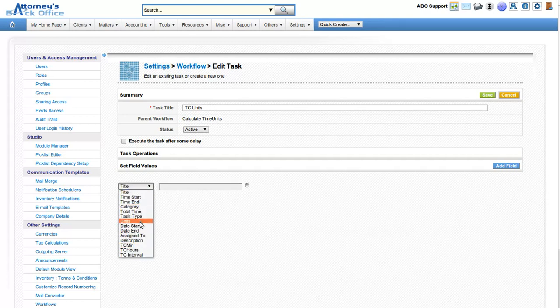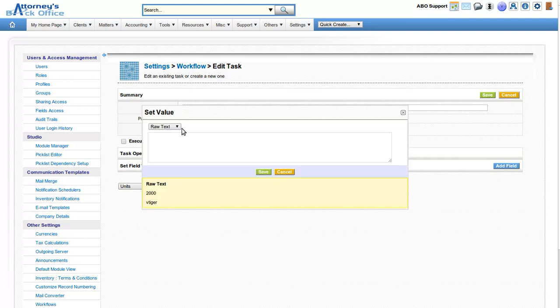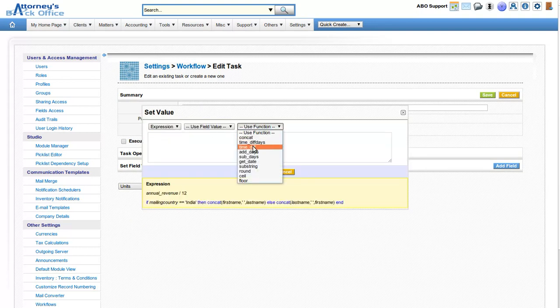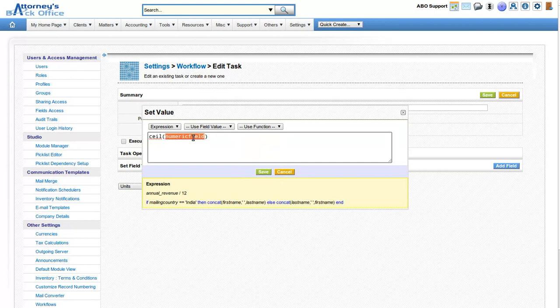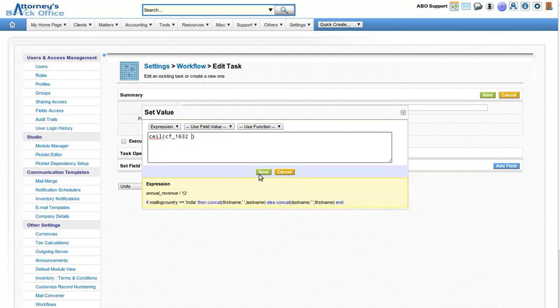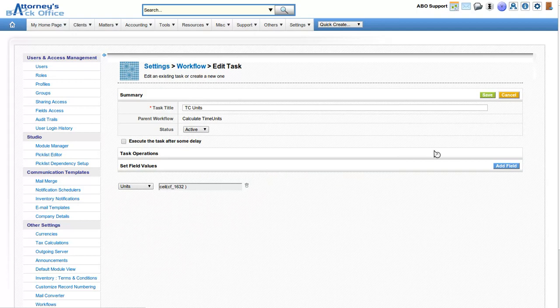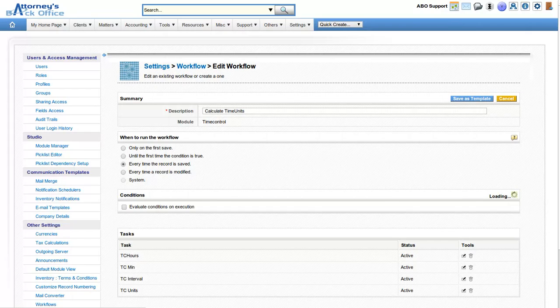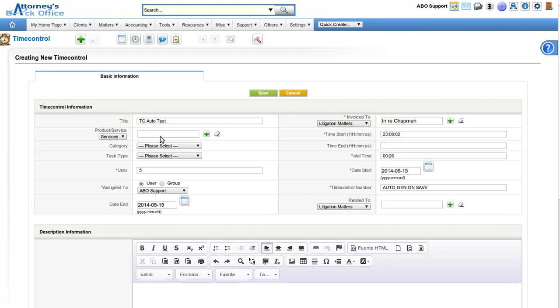Units, where are you? Units, and we'll fill that in with the ceiling of the TC interval. Okay, save that, save this, and we should be ready to roll. So if I fill in this time control, okay, I already put the total time, so I'm forcing a direct close here. Let's get rid of this, put a 1 here or a 0, whatever, and it should get calculated